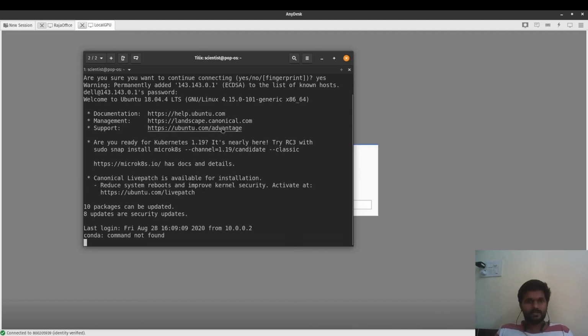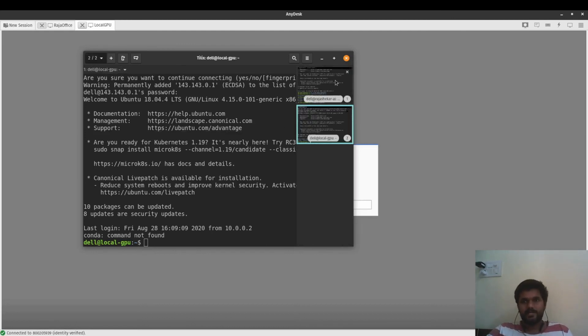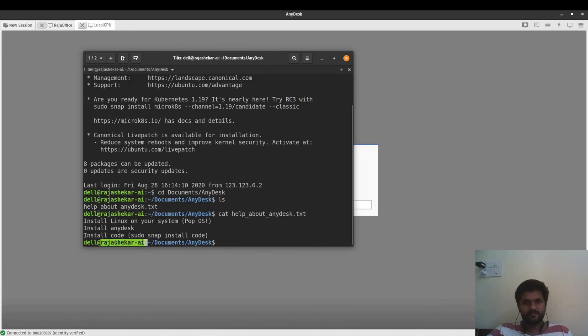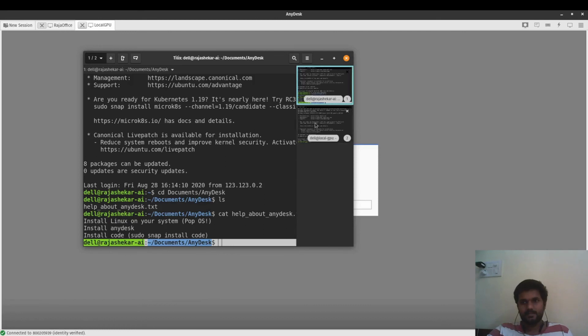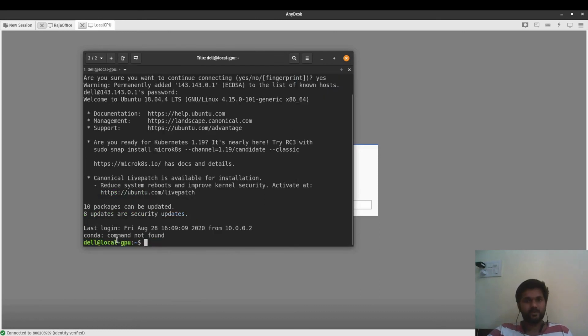I'm entering the password for that system, and this password varies from system to system, so it's up to your headache. I don't want to intervene in that. Okay, now you can see multiple systems. This is another system named Rajshekhar AA, and this is another system named local GPU.